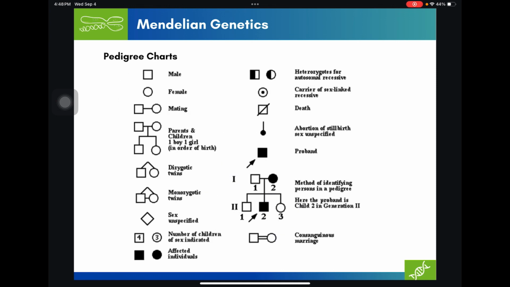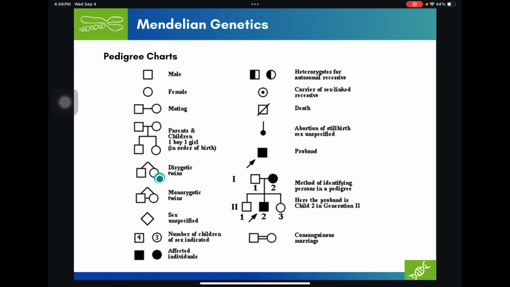So we do have rules in our pedigree charts, as you can see here. Square if it's male, circle if it's female. A horizontal line would mean that both of them are mating or both of them are parents, no? And then as we can see here, a vertical line connecting the parents all the way to another shape represents offspring, the F1 generation or children, no?